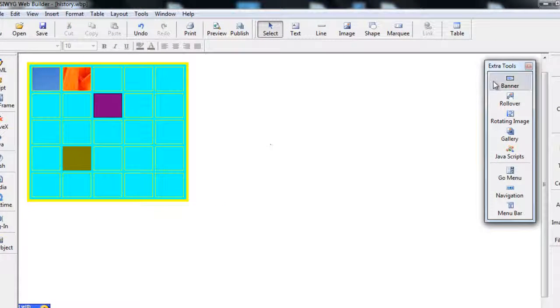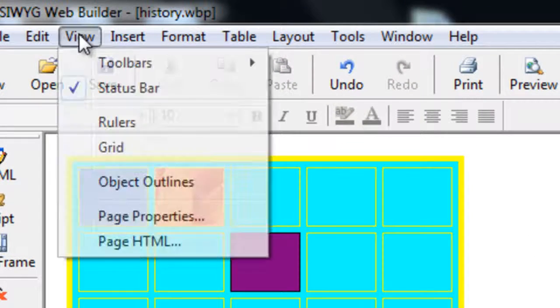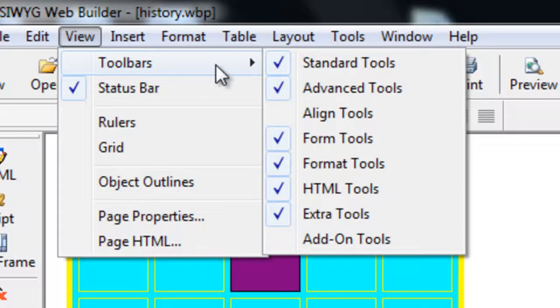The other tool we'll look at quickly in this video is the banner tool, which can be found in your extra tools bar. Now, if that extra tools bar isn't there, or if you're missing any of the bars that I have on my screen, it's fairly easy to get those. You simply just go View, Toolbars, and then you just click on the one that hasn't got a tick that you need. So extra tools, I would click on that, and the tick would appear,